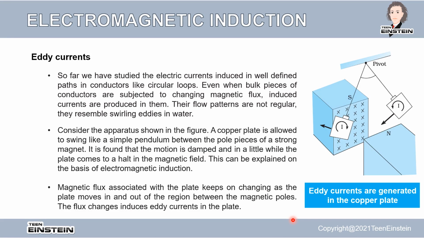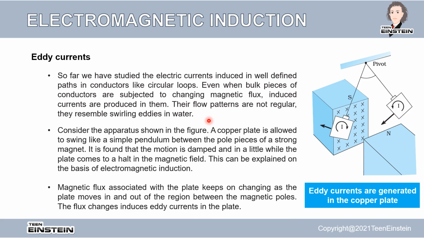Okay. All right. So we have discussed Faraday's law of induction and everything. So far we got an understanding that whenever there is a change in magnetic flux, a current is going to be induced. And so far we have dealt with only regular conductors, like very thin wires which are closed loops, and when the magnetic flux changes, a current is produced in a particular direction. But what if we don't have a regular conductor? We just have a very irregular shape or a